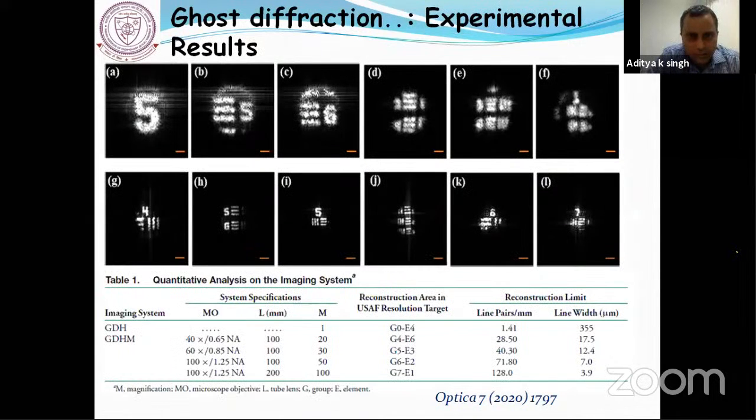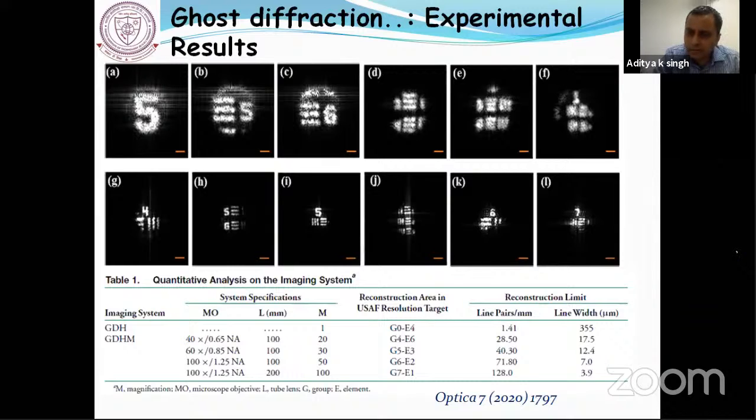These are the results for the microscopic implementation of the ghost imaging, and you can see in the lower row we are able to reconstruct even the better part. I mean, we can go up to line pairs up to 128. So this says that we can implement the ghost imaging technique with holography to recover the phase information. Now I'm moving to another part where we try to realize the computational ghost imaging and